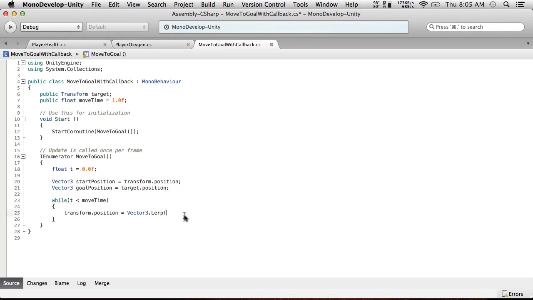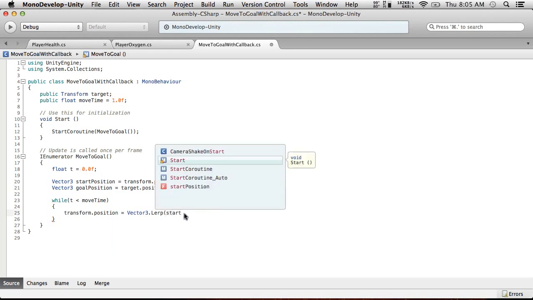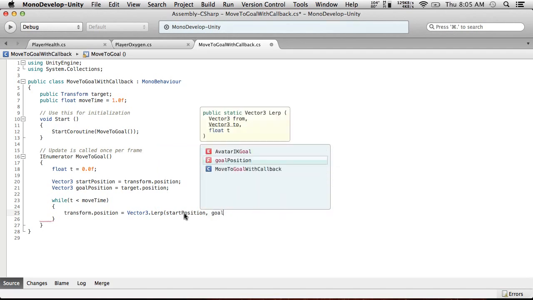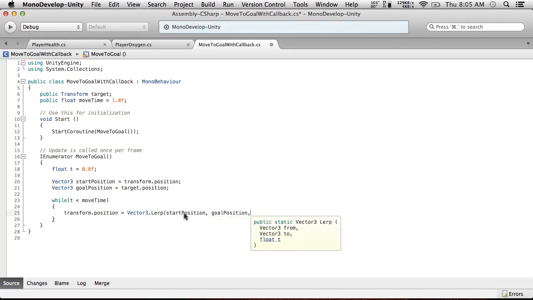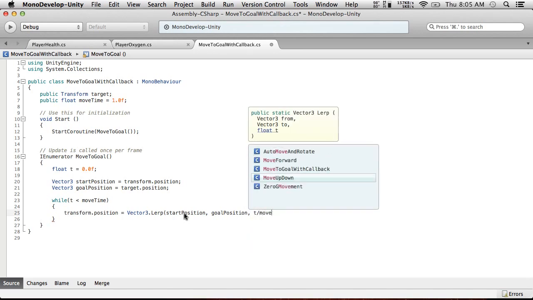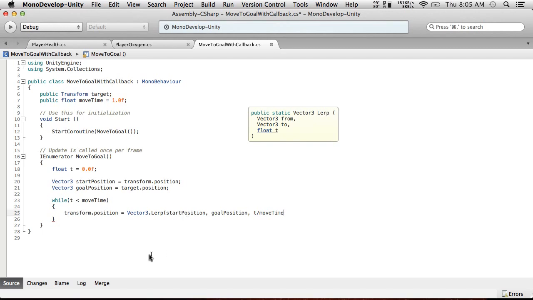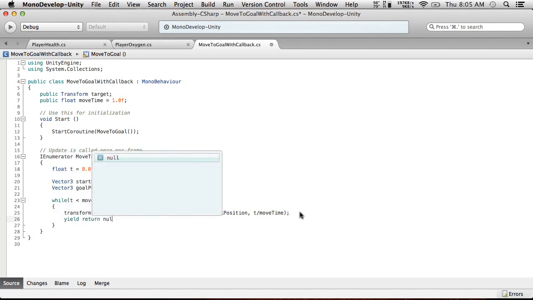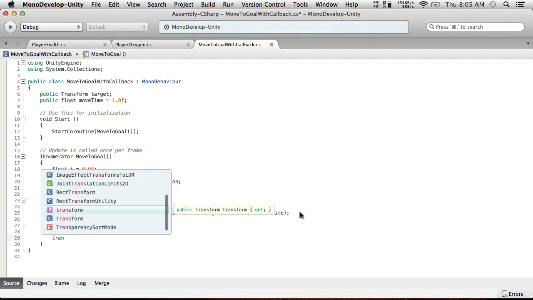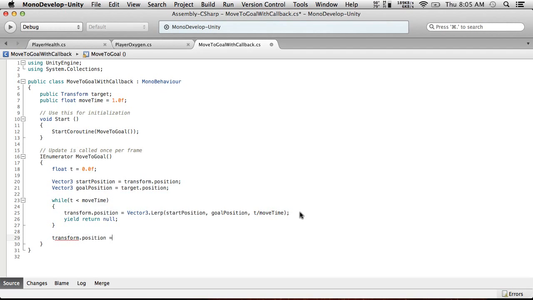And so then we just do start position, goal position and t divided by move time. And then we do a semicolon, a yield return null, and at the end we just explicitly set transform.position